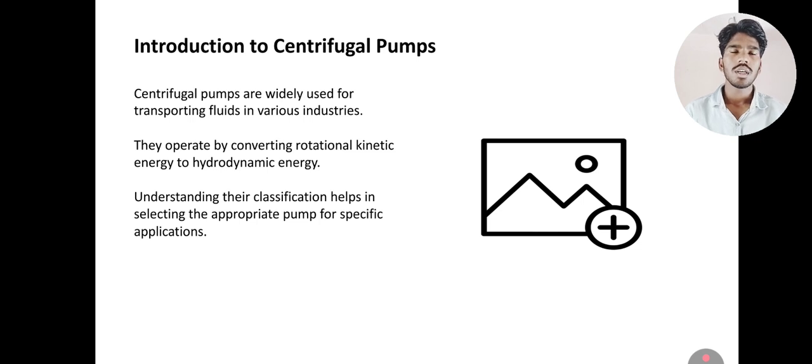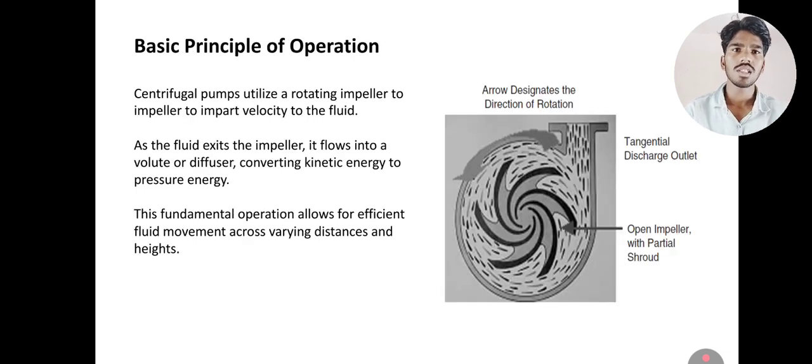Basically, the first and main requirement of a pump is to pump water from a low level to a high level. So we can know in the introduction part, centrifugal pumps are widely used for transportation of fluids to various industries. The operation converts rotational kinetic energy into hydrodynamic energy. Understanding their classification helps in selecting the appropriate pump specification for specific applications, like the basic principle of